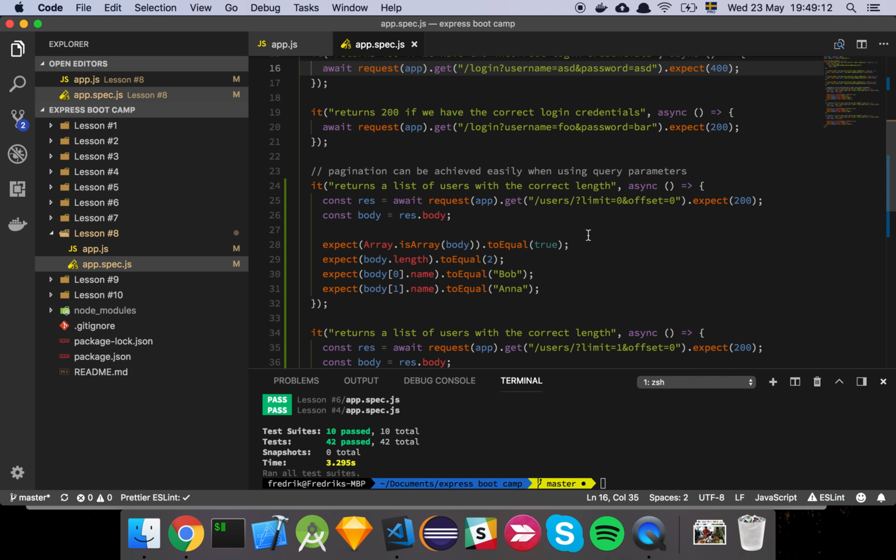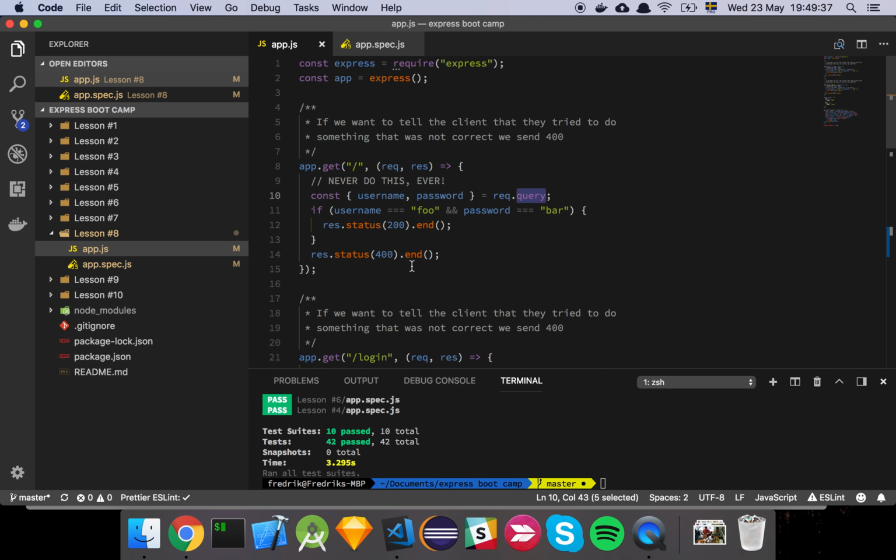So what I have done here is that I have a users endpoint, and I have decided that, all right, I'm going to set a query parameter here, which is going to be equal to limit. Like I set limit equal to 0 and offset to 0. Now what I'm going to expect to get back is all the users, because I haven't said that I want a limit on how many users I want to get in my request, and I haven't set an offset. So if we look at the code for this,